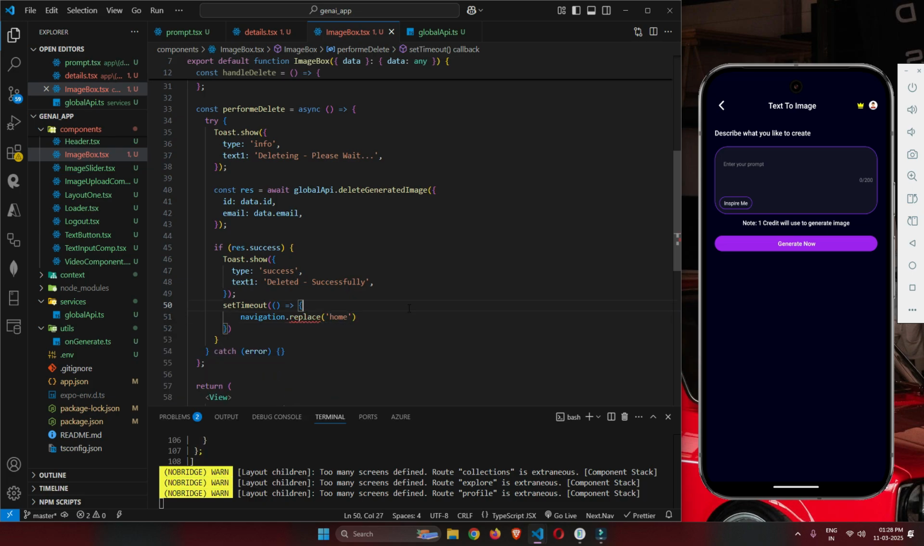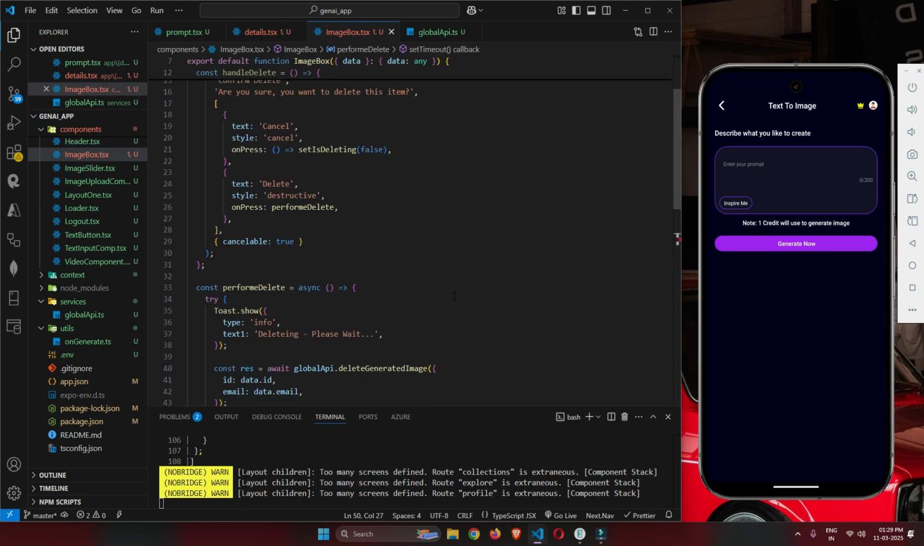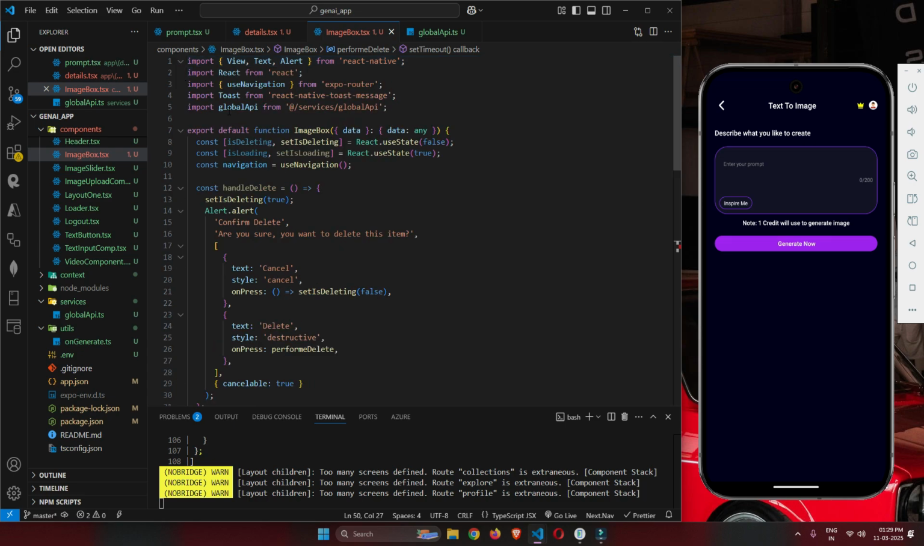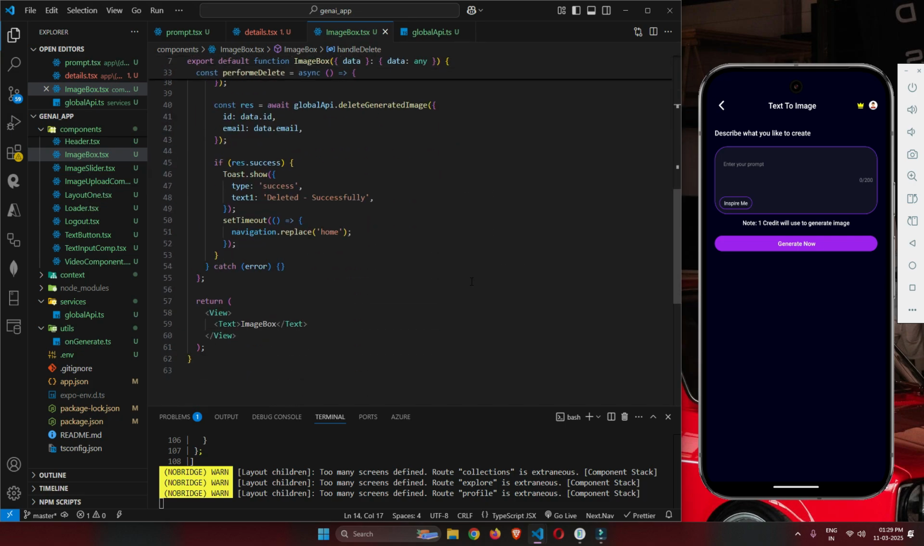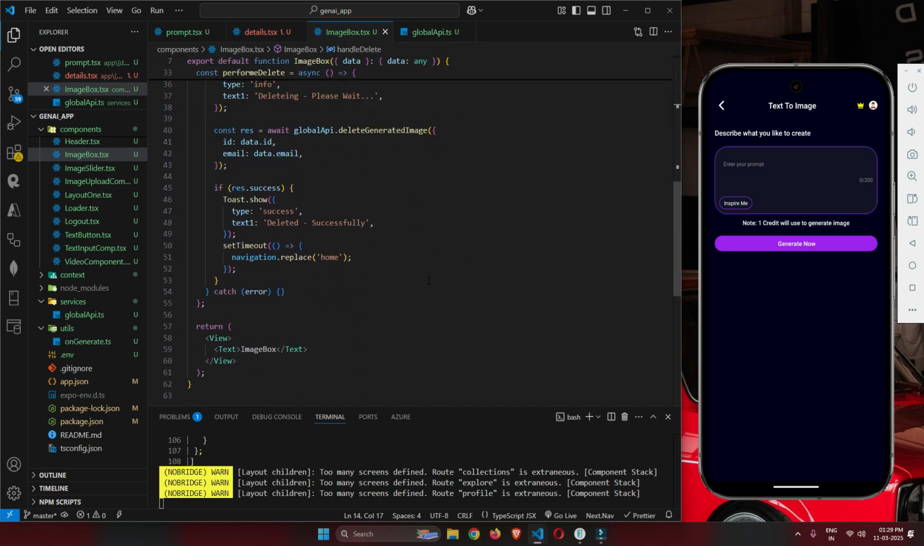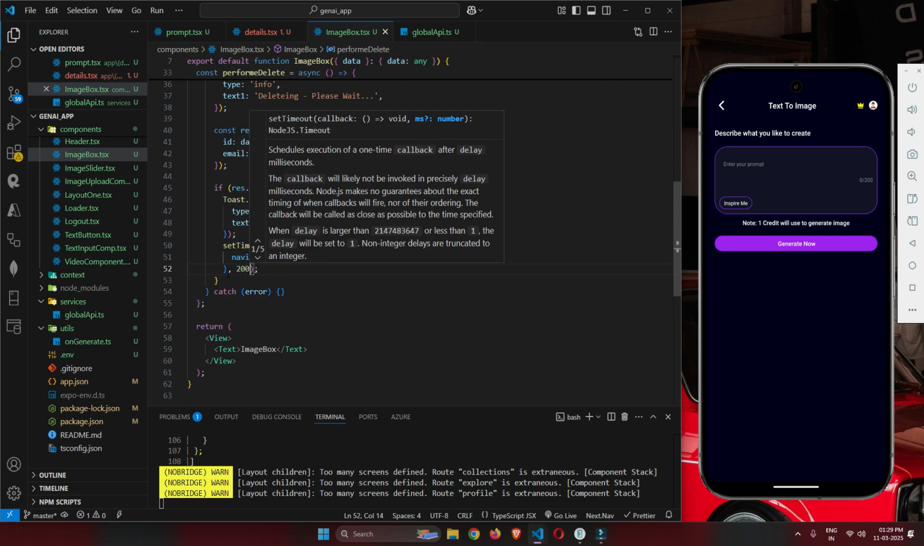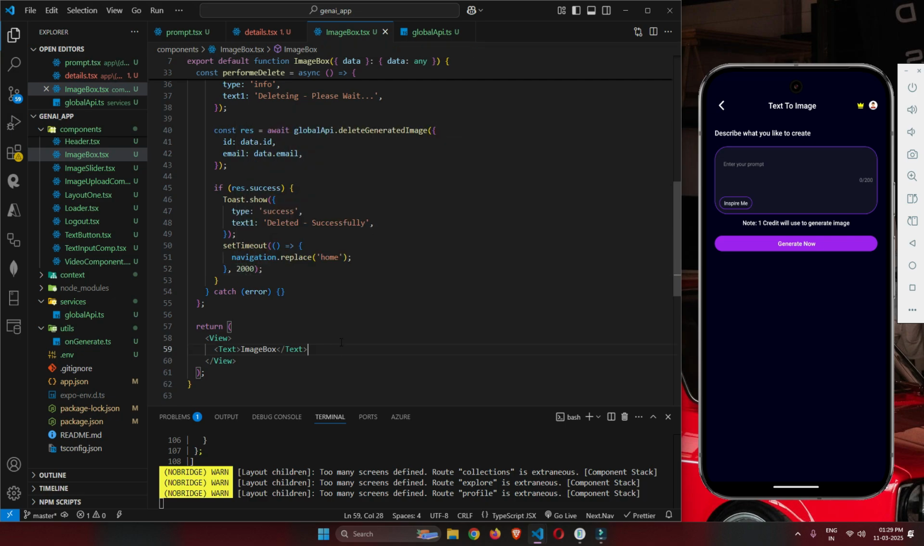Okay, something is wrong. Let's check this out. Maybe we are importing something wrong. Expo router. No, the use navigation. This is fine. Okay, I will add an any here so it will not give the type error. Yeah, this is fine. Right, I will add a 2000, sorry, 2 second dependency,